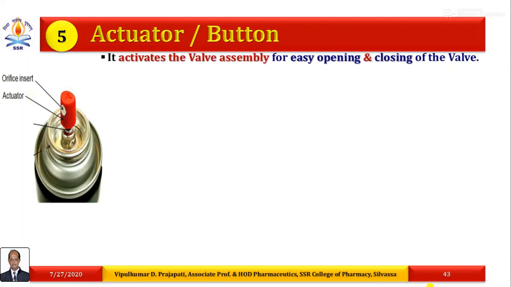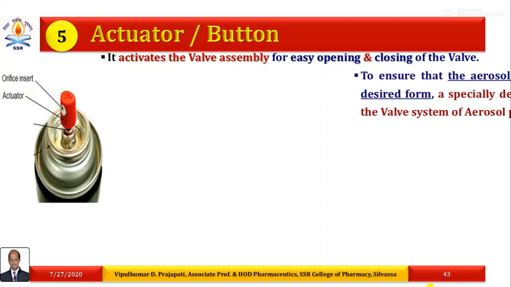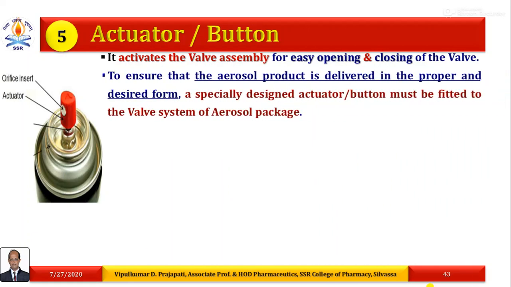It activates the valve assembly for easy opening and closing of the valve, to ensure that the aerosol product is delivered in the proper and desired form. So this is the main function of the actuator.